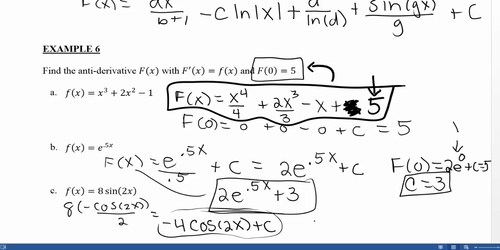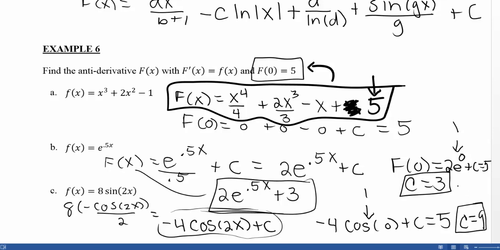But now I want to solve for c, right? So f of 0 equals 5. So if I plug in a 0, negative 4 cosine of 0 plus c equals 5. So cosine of 0 equals 1. So I have negative 4 plus c equals 5. That tells me that c equals 9 when I solve for that algebraically, which means that my antiderivative is going to be negative 4 cosine of 2x plus 9,